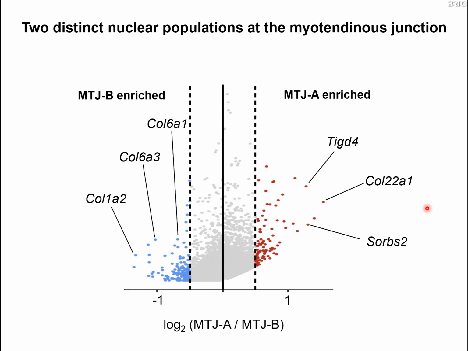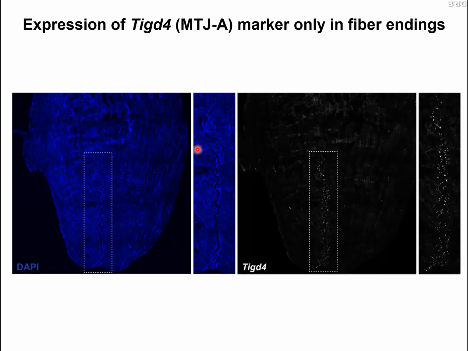Now, in case of MTJ-B, these nuclei express an alternative set of collagens, which were all known to be deposited at the myotendinous junction. Especially the deposition of collagen 6A1 was notable because mutation in this specific collagen is known to cause Bethlem myopathy in humans, which is characterized by a specific deficit at the joint part of the muscles. So the further characterization showed that MTJ-A nuclei represent the